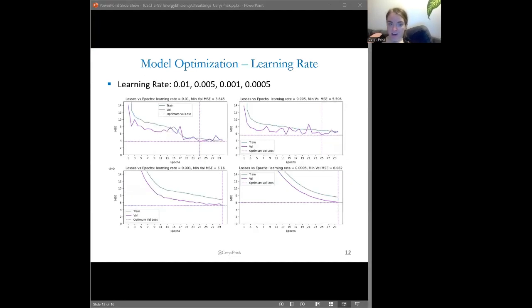The learning rate was then varied between 0.01, 0.005, 0.001, and 0.0005. The results all showed convergence at a low MSE with a learning rate of 0.01 giving the optimal value. Due to the bumpy convergence, I decided to use a learning rate of 0.001 as this only gave a small increase in MSE with a much smoother convergence. And the results suggest that further optimization may be possible with more epochs.